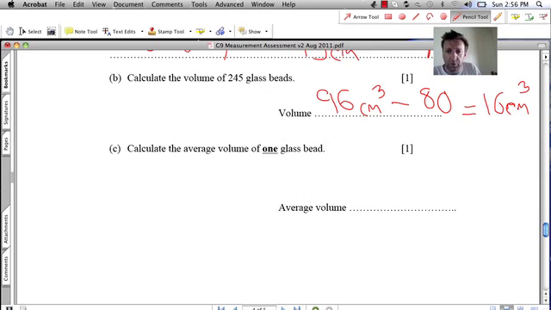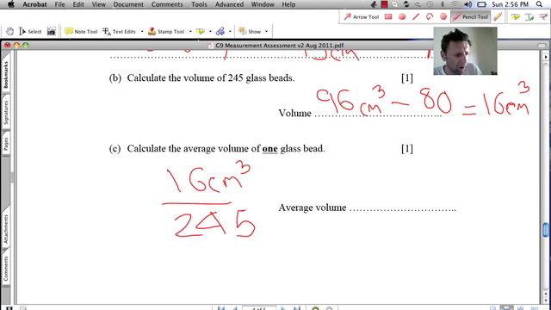Calculate the average volume of one glass bead. How are we going to do that? Okay, so we displaced 16 cm cubed. How many glass beads did we put in? 245. So to get the volume of 1, divide by 245. And our answer is going to be 0.065